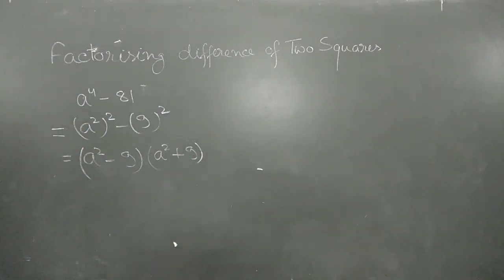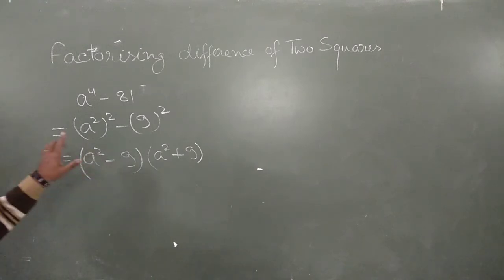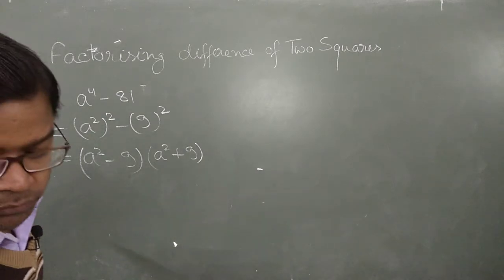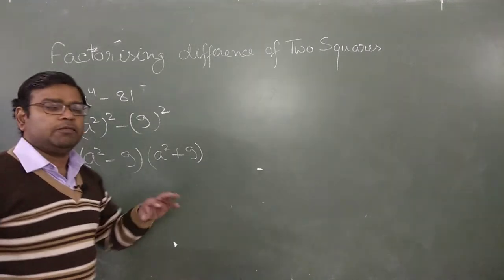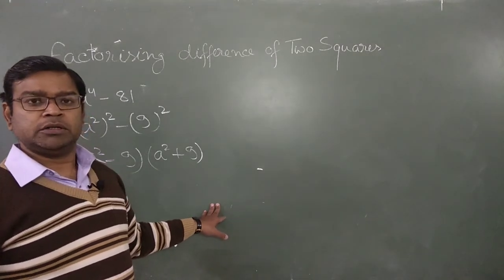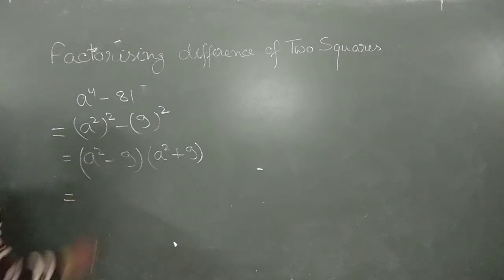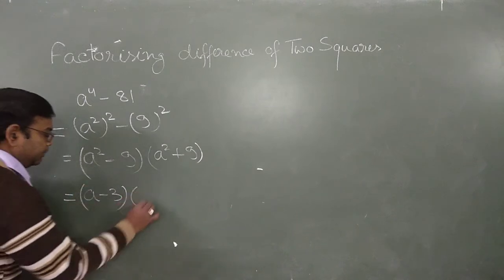Now remember this thing, we need not stop at this place, because we can again factorize this factor into two more terms. So if we stop here, your solution is incomplete. You have to complete the solution very carefully. If we stop here, this is an incomplete solution and you receive very less marks. Out of 3 maybe 1, out of 5 maybe 1. So you have to complete this part. Again we can complete this one as a minus 3 and a plus 3.